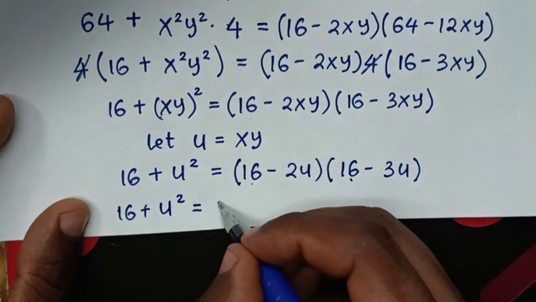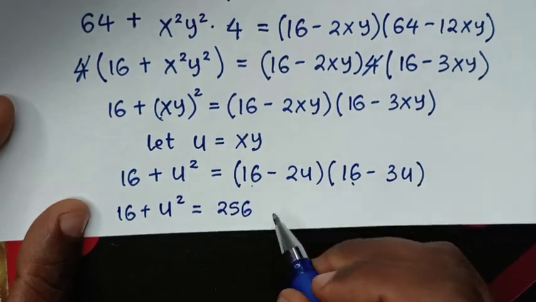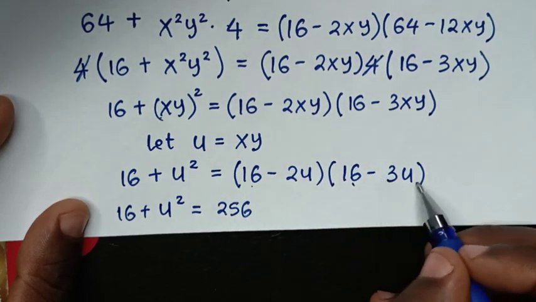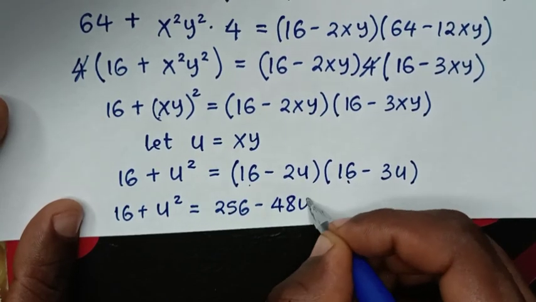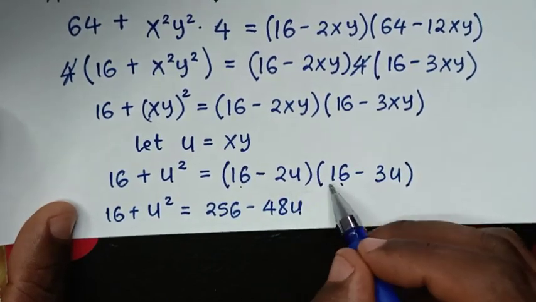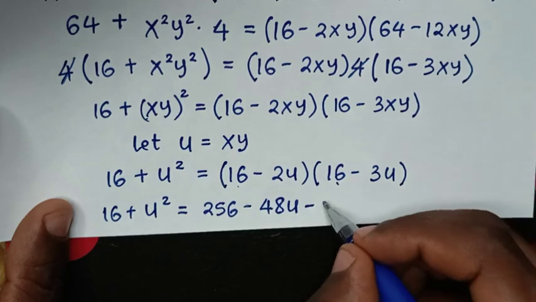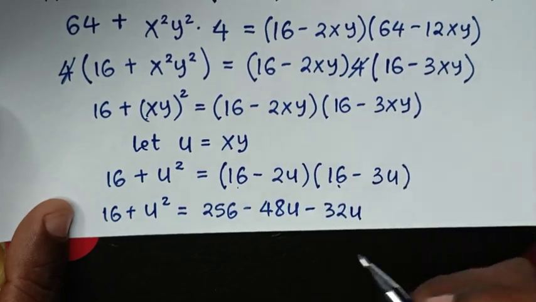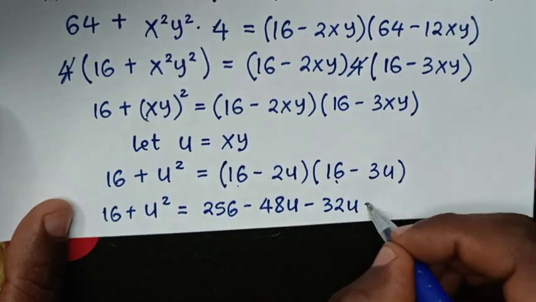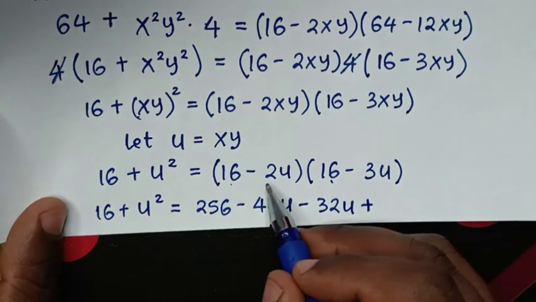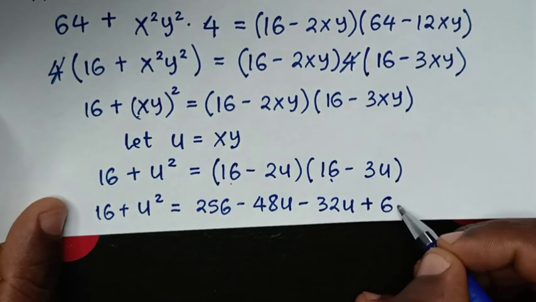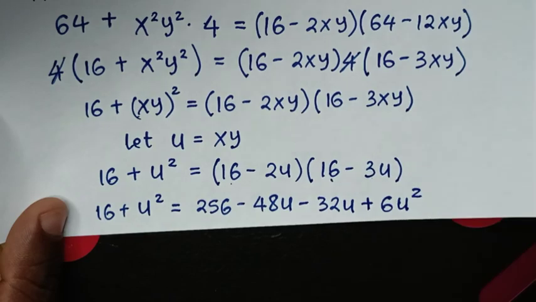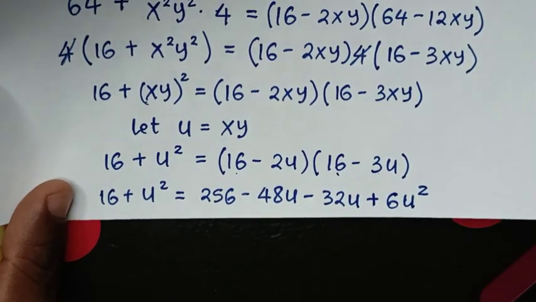Then in the next step, it will be 16 plus u square is equal to 16 times 16 is 256. 16 times negative 3u is negative 48u. Negative 2u times 16 is negative 32u. Negative and negative is positive, so 2u times 3u is 6u square. Then in the next step,